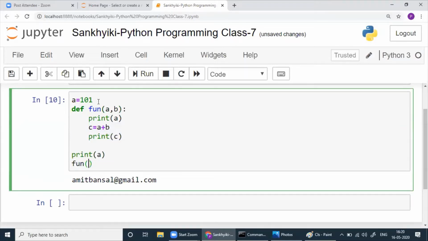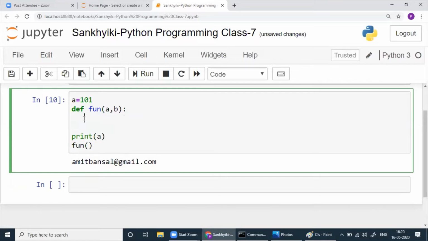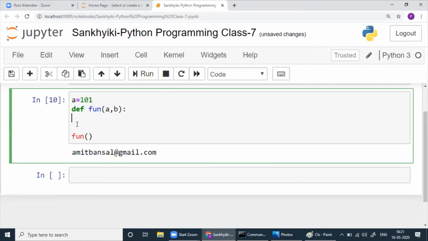Now suppose I've written a scope of the function. This is our empty function, and I've written 2 arguments here. Let's make it 1. A is 101, and suppose A, I will write 10 here,